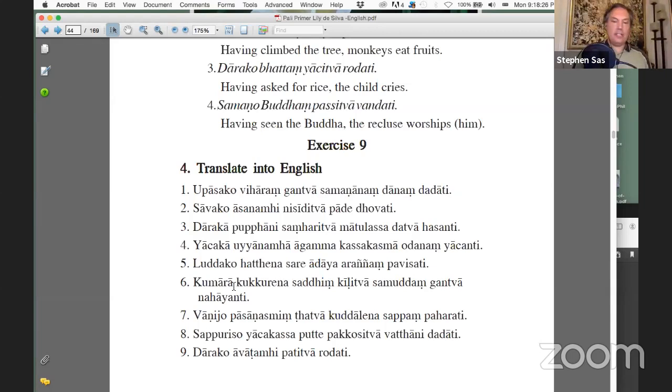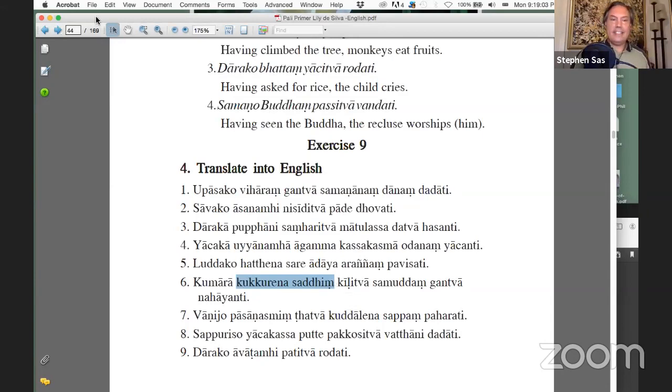Yes, it's a good question, and it is ambiguous in this sentence, but I'm doing it simply by the nearness or the proximity. Since the absolutive here, kilidva, having played, sading kukurena is right next to it, and we know that the object, so to speak, of the absolutives generally lie right before them, I take it together as a group, a block. I wouldn't put it with the finite verb. You see that? Okay. Thank you. So maybe we should move on.